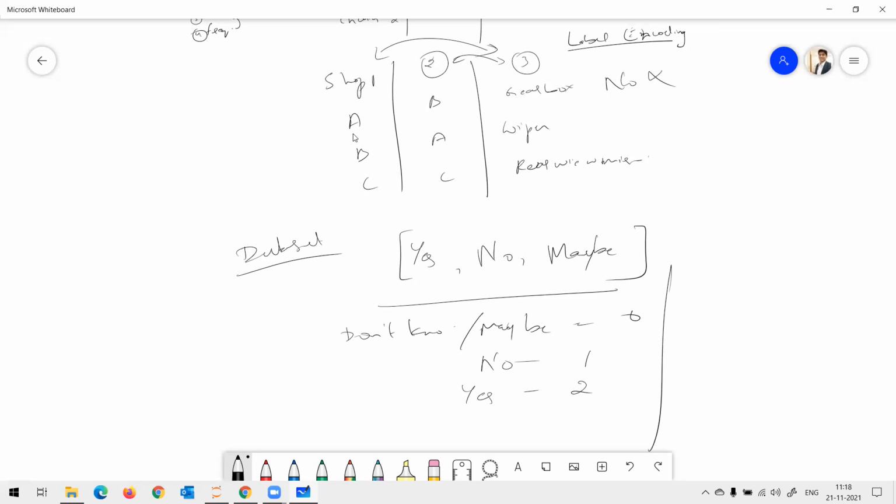How label encoding works is whenever you have options like this, it sees these alphabets, arranges them in ascending order and gives the numbers 0, 1, 2 based on ascending order.